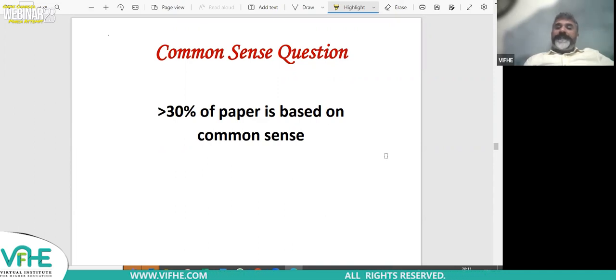Understood? So what is a common sense question? A common sense question is a question which does not pertain to any chapter or does not pertain to any topic. Whatever you have read in the book, it's not going to be useful. It's a common sense question, and you have to rely on the information from the exhibits and then frame your answer using your common sense. So in my paid batch, we have done like 3 common sense questions, right? Am I right, guys?